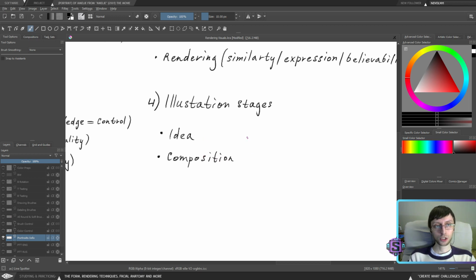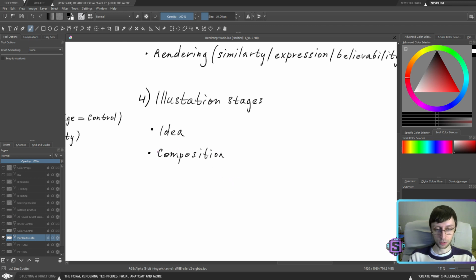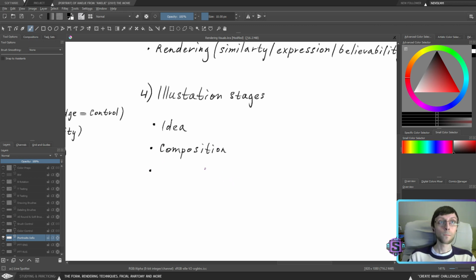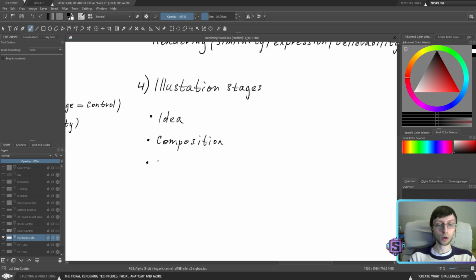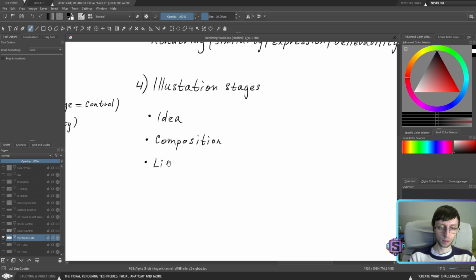These stages are the stages that artists go through no matter what type of artist you are. So we need to cover those topics in order to create compelling art. Some artists will skip some of the elements, some artists will work on those stages a little bit differently, in terms of passes, not stages, but overall stages will always stay the same. We all need to work on an idea, we all need to work on composition, and we all need to work on lighting, which could be combined in one big topic of composition, but in order to separate them, I will separate them. Lighting.